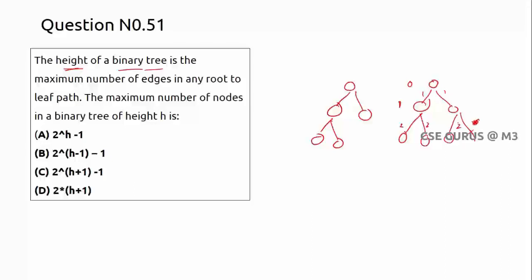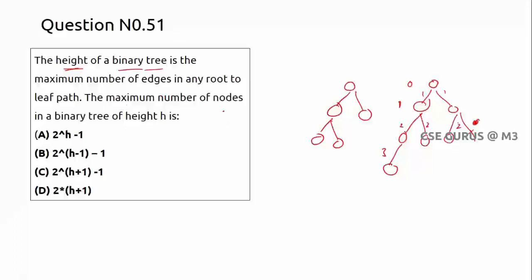Okay, and here there is nothing, that's why 0. So if you go in this path, it is 1 only. Now here it is 2. Let us suppose I have like this. So here the edges are 3, here 2, here also 2, the maximum is 3, right? So it is with respect to the edges. That's why here we need to start the height from 0, right?